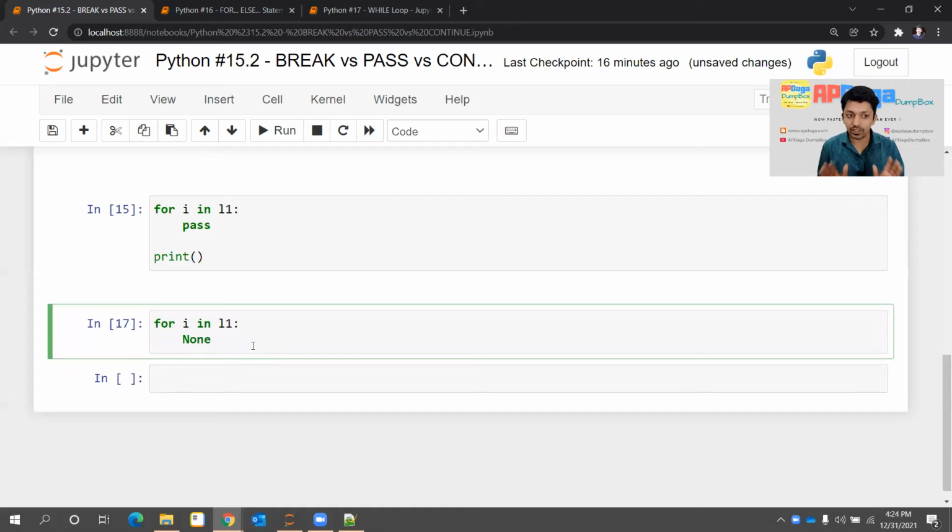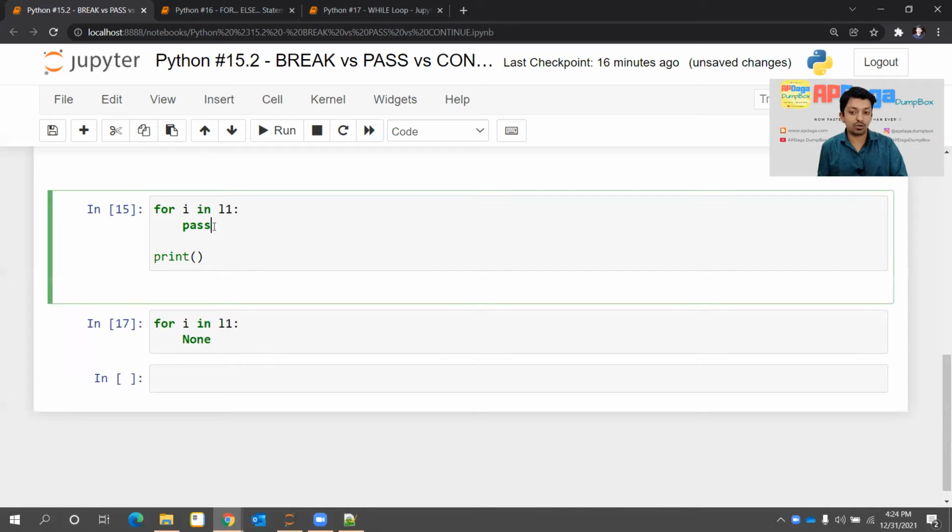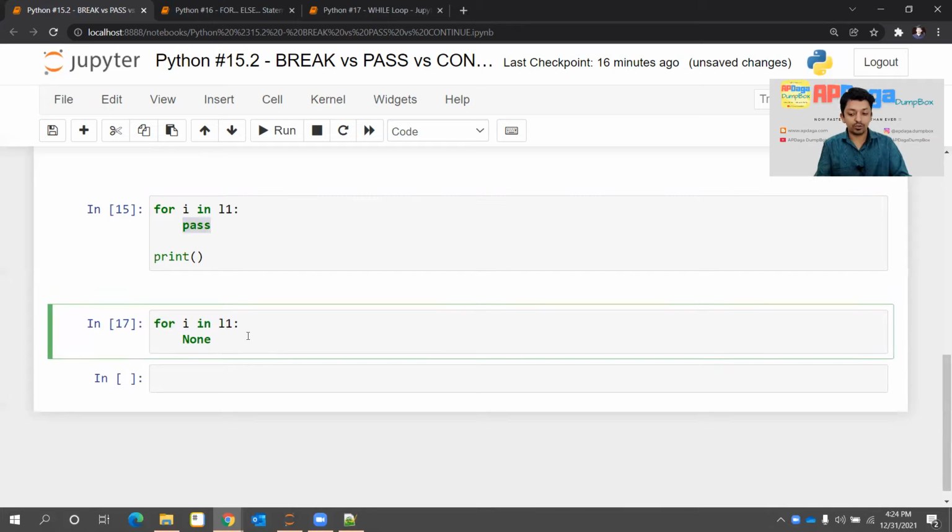See, None is not a keyword. None is data. Like you might be aware of the null data type, right? That is represented by None in Python. And look here, the first letter of None is capital, so capital N. Pass was all in small case. So if I do this, it will also solve the problem.